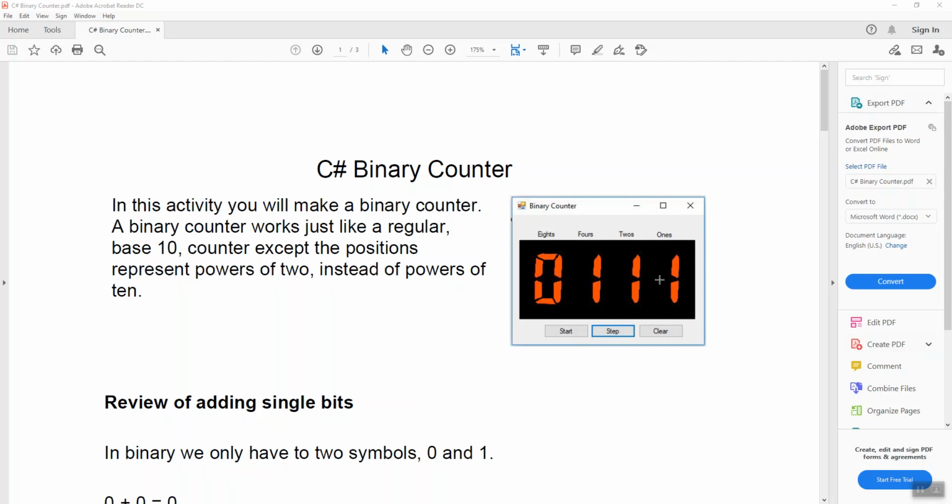And it will also have a reference to its associated picture box. So it can keep the picture box, the image being displayed for that bit, in sync with the value of that particular bit. So this is going to be an array and looping exercise primarily. So let's head over to Visual Studio,